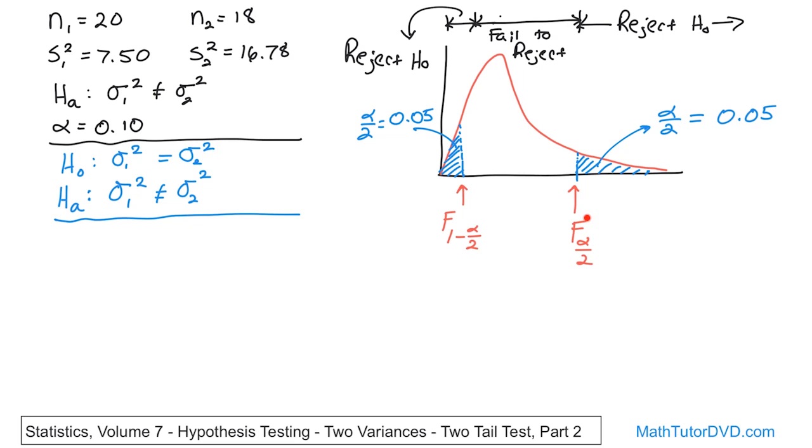So the question is, how do we find this one? How do we find this one? All right, so we need a value of F that's going to give us an area of 0.05 to the right. So normally for left and right tail tests, we just go grab a table with the level of significance in it. But